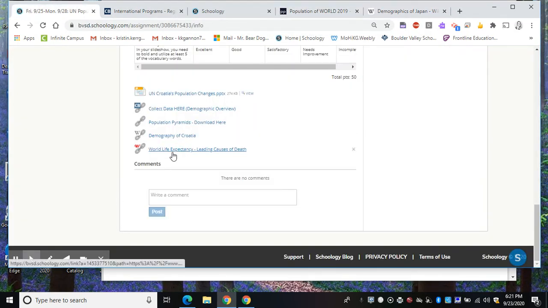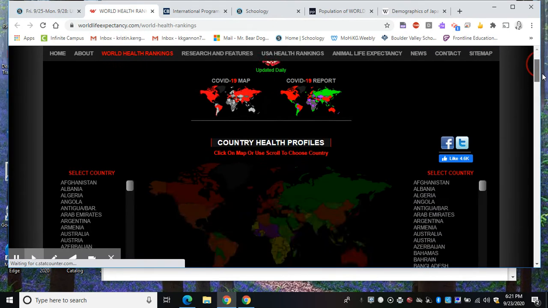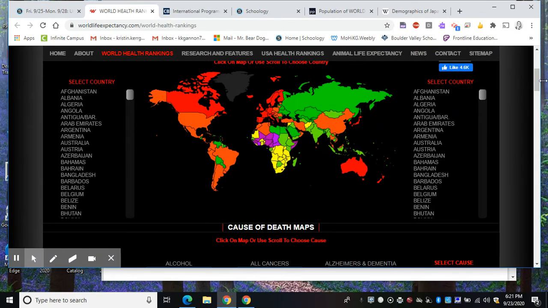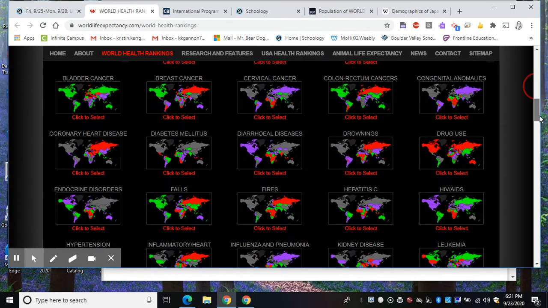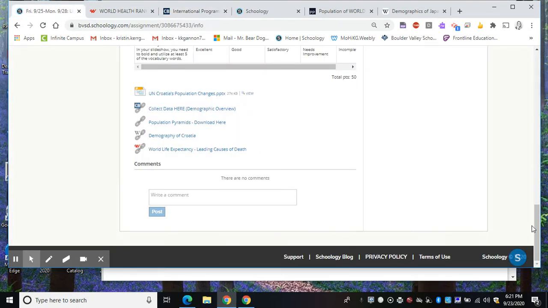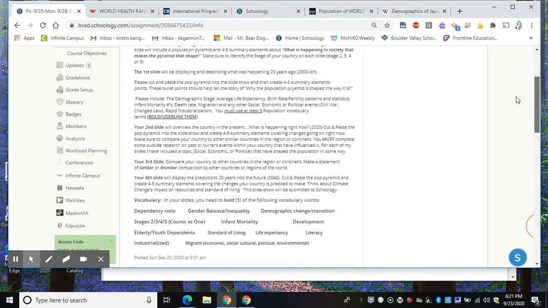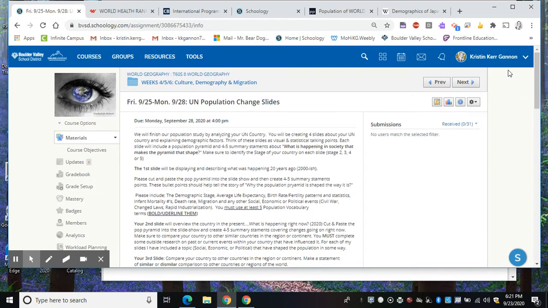And what else do we have? World life expectancy. So I've showed you this website before in my other lecture, but this is looking at what are ways that you can die and tries to compare the health and safety of countries to each other. So this is a great place to get information and to research your country. And when you have all of this information, you're ready to present